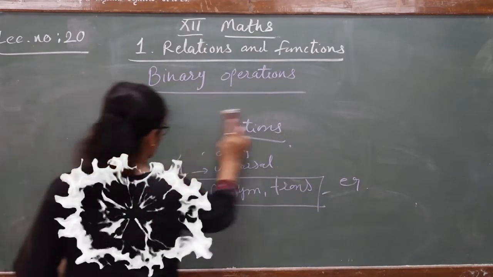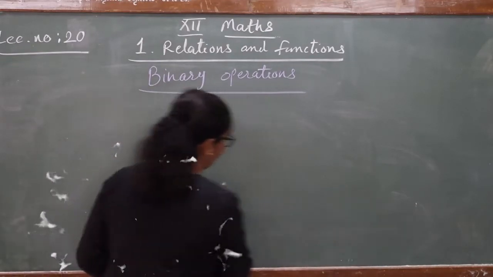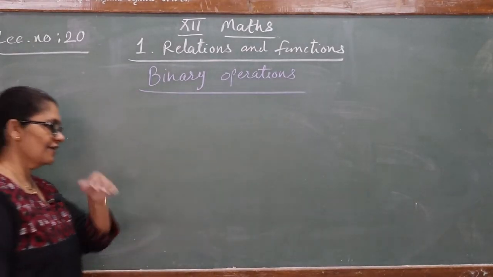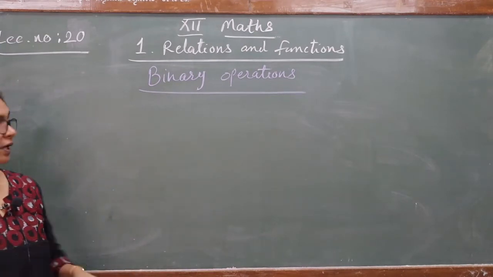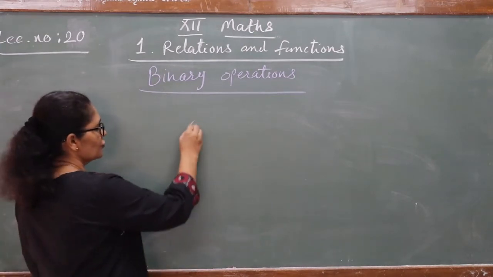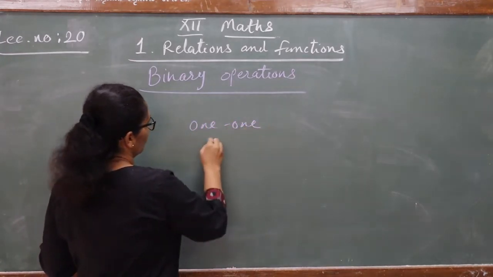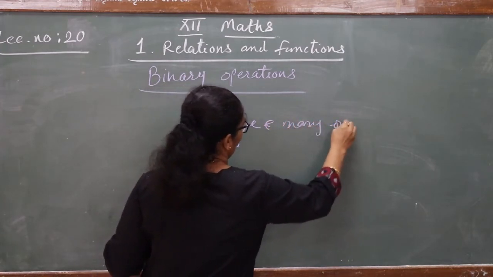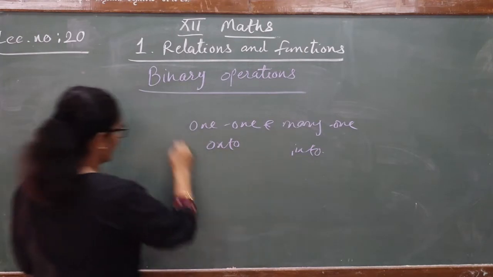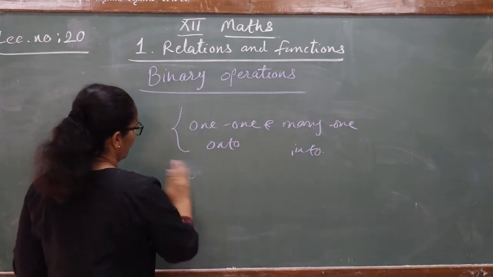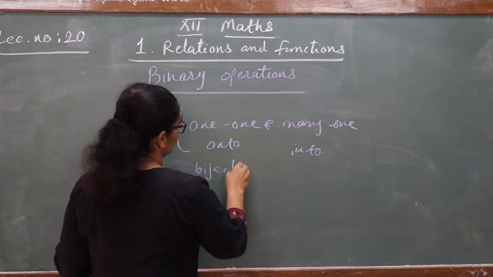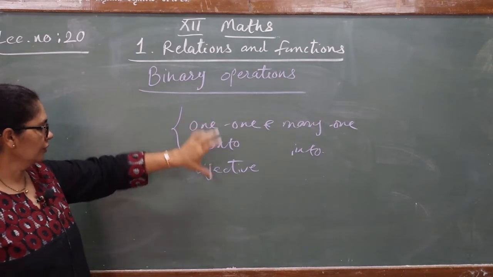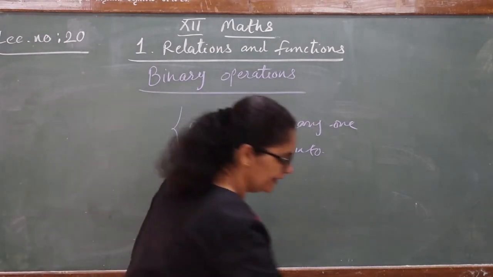In the second part we discuss types of functions. Which types of functions do we learn? We already learned 1-1 and onto, meaning injective and surjective, many-one, into, and bijective functions. 1-1 and many-one and into. If a function is 1-1 and onto, it is called a bijective function. 1-1 means injective, onto means surjective, and if both, then it is bijective. That we learned in our second topic.